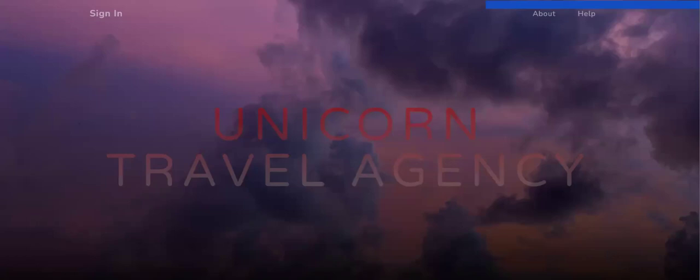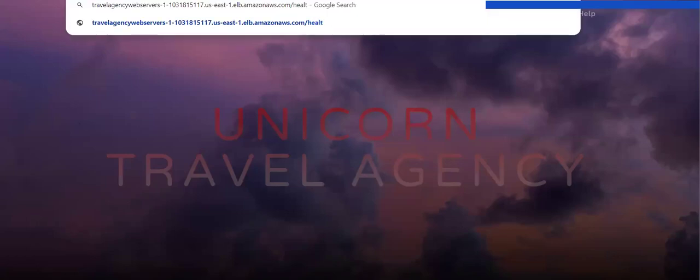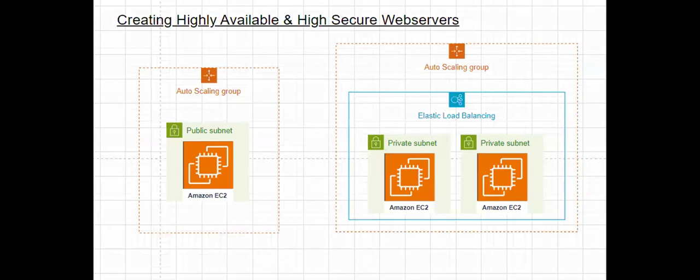So like this, in real time, you can create your auto scaling group with a load balancer, having servers which are present in multiple availability zones, and make your architecture highly available and a highly secure web server. Previously, at the start, we had our server in a public subnet and an auto scaling group. Now, to provide high availability and high security,